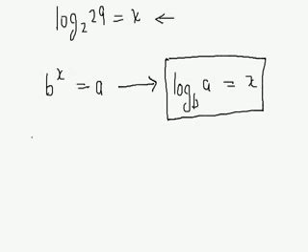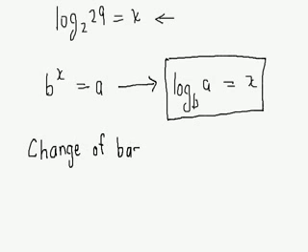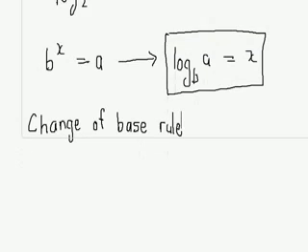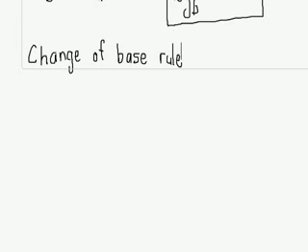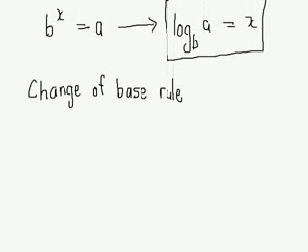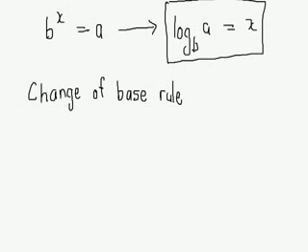We'll look at now what is usually called the change of base rule. So now we have that situation there. We've got an arbitrary base. It's not 10 or e. What do you do? So now if we have, let's write that out again, b to the x is equal to a,